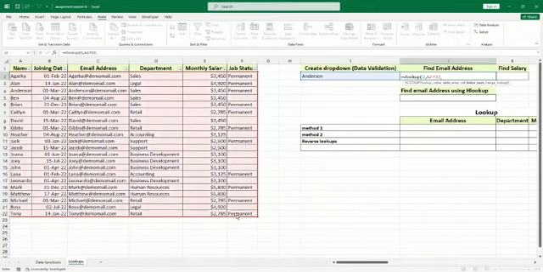Now hit a comma. It will ask for column index number. Email address is in the third column, A, B, C, which is the third column. All right. So you want to give it an index number, which is 3, third column. If you want to find out the department, you'll hit 4. If you want to find out the salary, you'll hit 5. Okay. Hit 3. And since you want to find an exact match, you'll type a 0